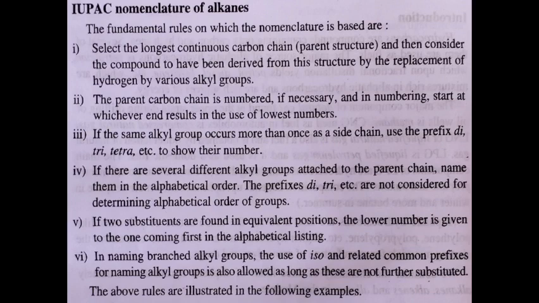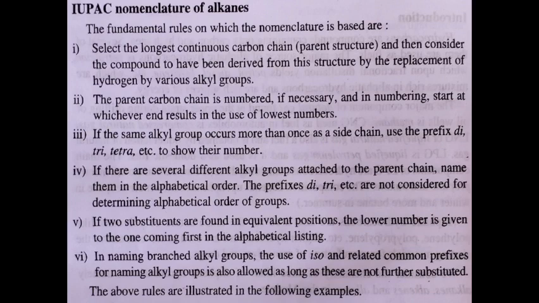get the least number. Okay, and then in certain cases, if the same substituent comes on different carbon atoms twice or thrice, if it comes twice we normally give the name by giving di. If three substituent groups are there, we normally give tri. And if two different substituent groups are there, we have to go for the alphabetic order. Which comes first in the alphabetic order should be named first. Okay, but this is all the essence of these points. So just let us have a look at the points written here.